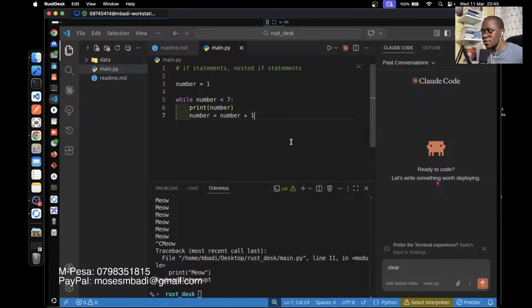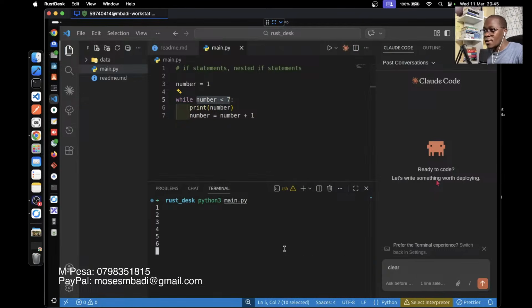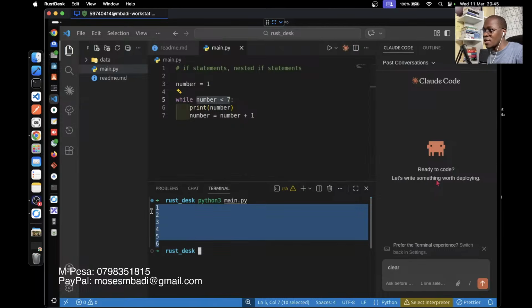Don't cram anything, just try to understand that a while loop or a while statement will run until a condition is met. So our condition is right here. This is our condition, okay? So let's run our code and see what happens. And then as you can see, it prints 6 times, okay?